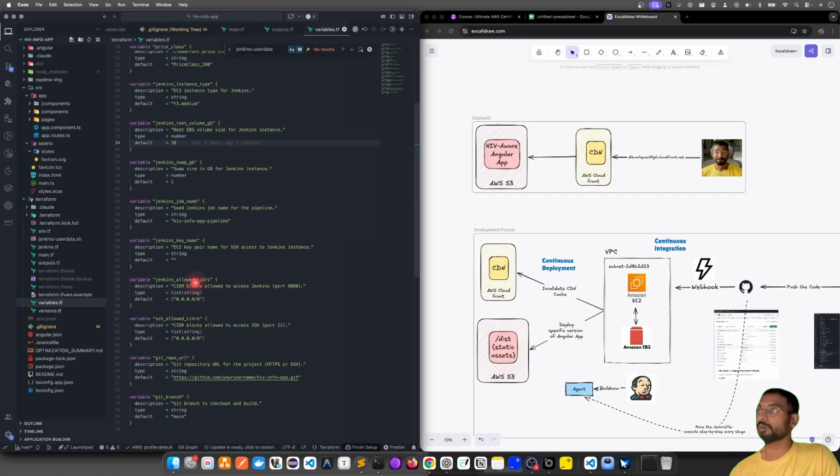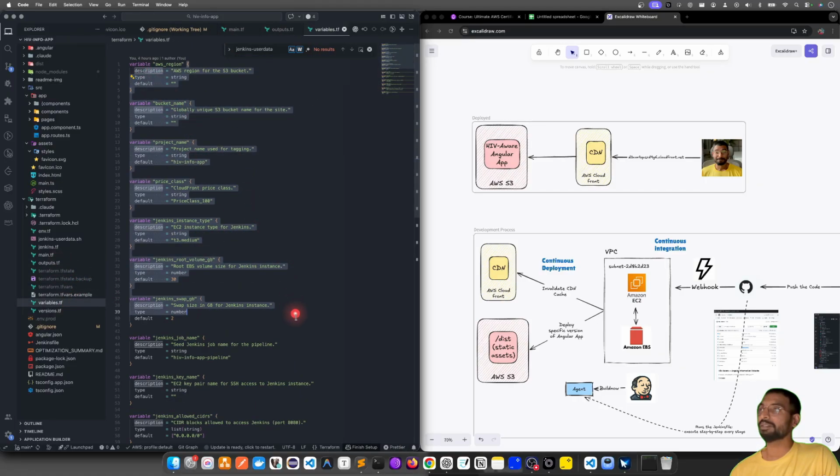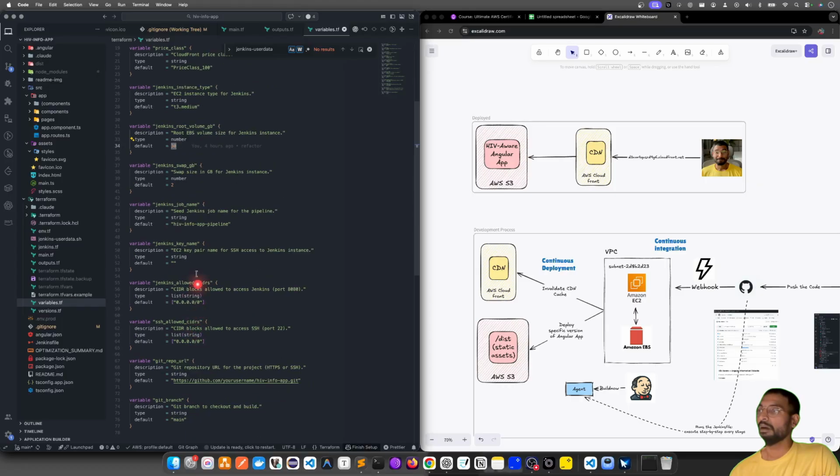Variables. I'll come back to output later. What are the different variables that need to be configured? For example, as I said, the EBS volume is 30 GB. Maybe in the next tutorial we'll see how we can do cost optimization. Even the EC2 instance type is t3.medium. That means the compute engine is medium. We can see how we can reduce that to, I don't know, small. Maybe micro is too little, but we can try it a bit. We can see how micro will behave, how small will behave,